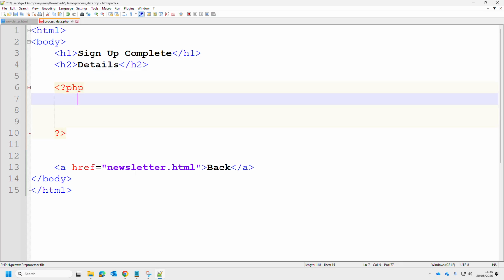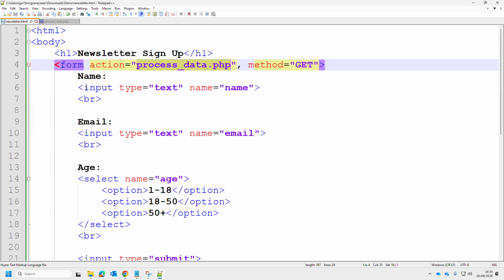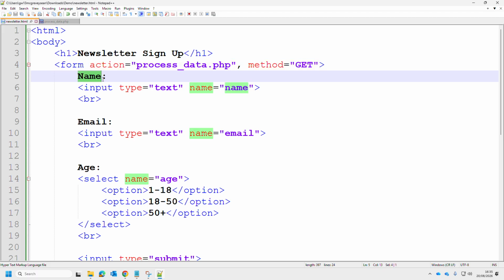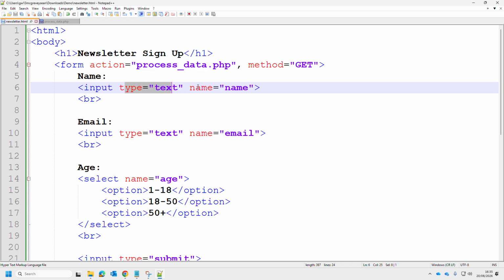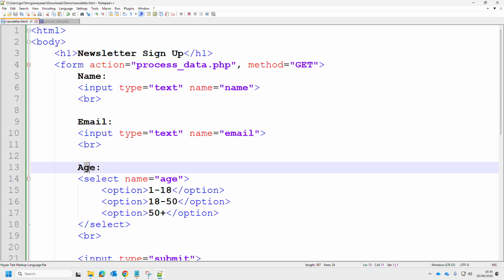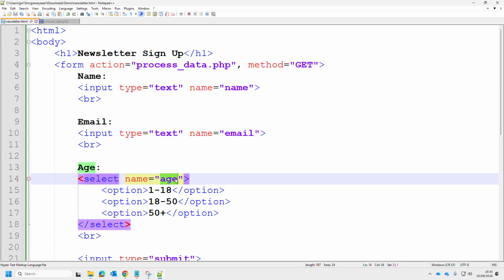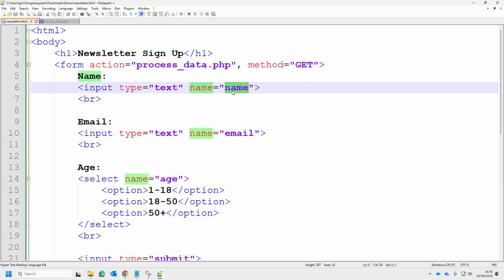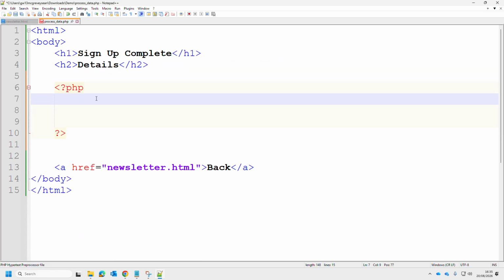So for our PHP code, we want to get the data from this form. So the form has a couple of different things. It's got the name, its input is a type of text, and it's got the name label. So this is the label that's sent along with the data. We've got an email, and it's got a name of email, and we've got an age, which has got a name of age. So these three labels of age, email, and name make it a lot easier to retrieve the data over this side. So we need three variables to save that data